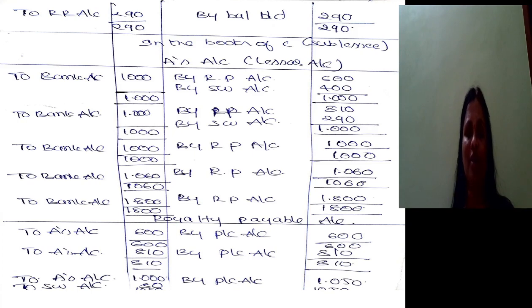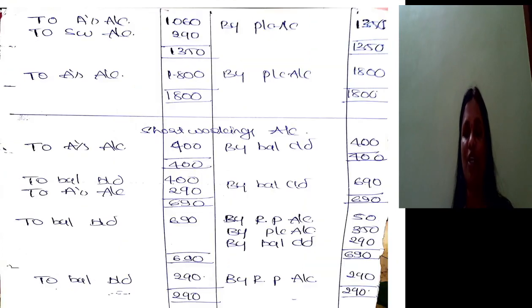try to understand. So royalty payable account debit to A's account 1000 to short working recoupment. So that is 50. So the total 1050 should be closed by transferring it to profit and loss account, and in short working, by royalty payable 50, we have already posted it from royalty payable to short working. So then the unrecoverable should be closed, it is lost to the lessee. So profit and loss account debit to short working account 350, balance 290 will be carried forward to next year.